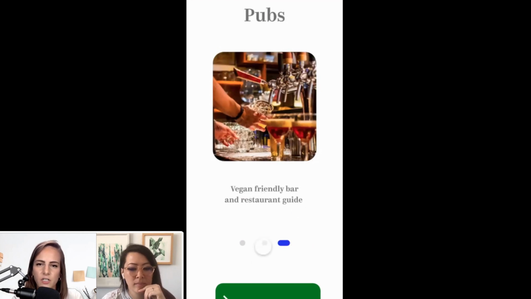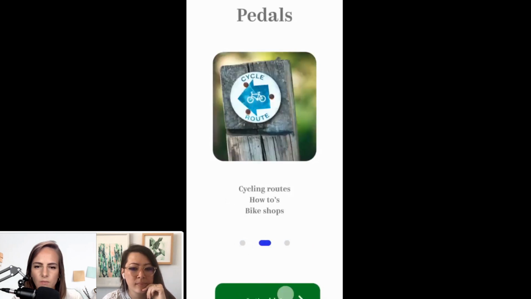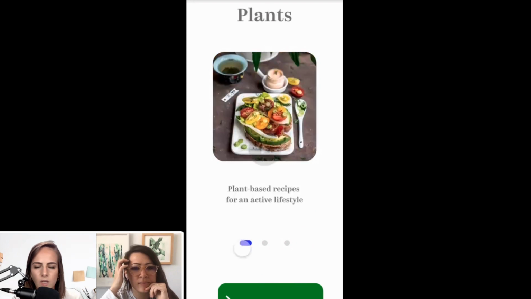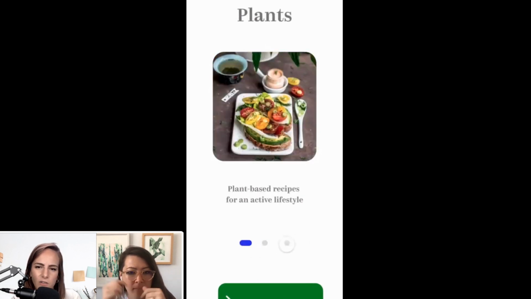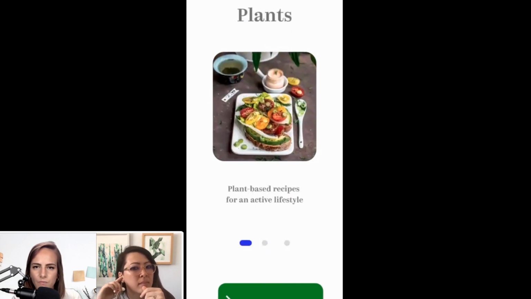It's a little bit distracting almost. Yeah. And I just want more context about what the app is about. Pubs, plants, and petals. I'm just not sure how they're going together. So just more context on that one would be nice.